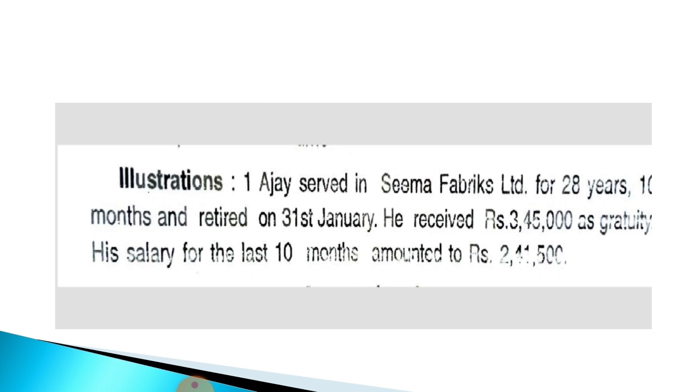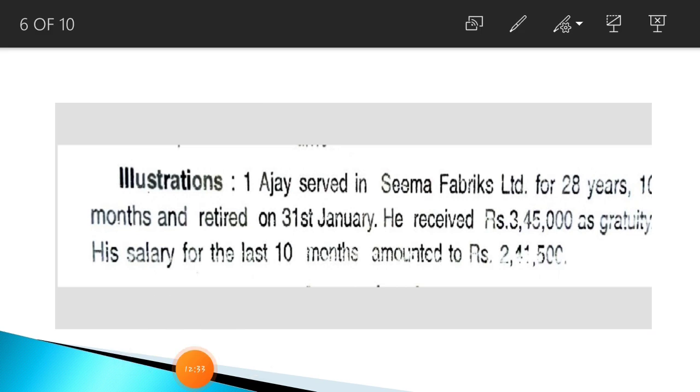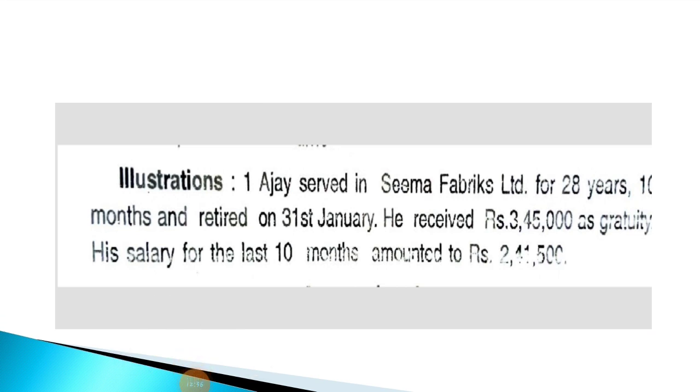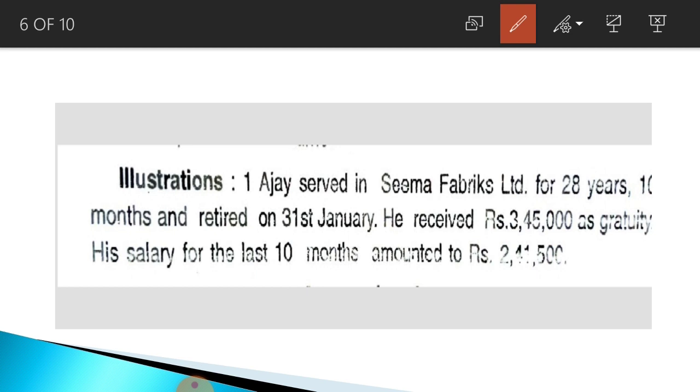Ajay served in Seema Fabrics Limited for 28 years 10 months and retired on 31st January. He received rupees 3,45,000 as gratuity. His salary for the last 10 months amounted to rupees 2,41,500. This is the problem relating to an employee not covered by the Payment of Gratuity Act. Here one hint is given, that is, the last 10 months salary is given in the problem. If the last 10 months salary is given, that means it is not covered by the Payment of Gratuity Act, because